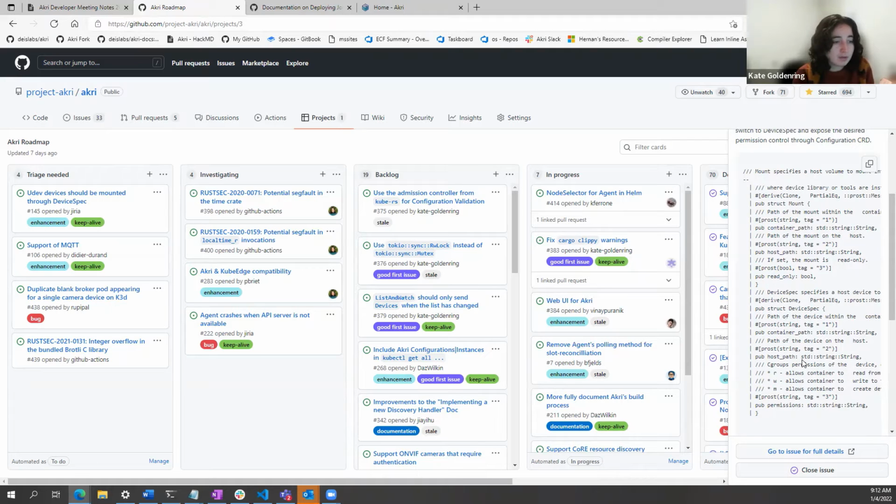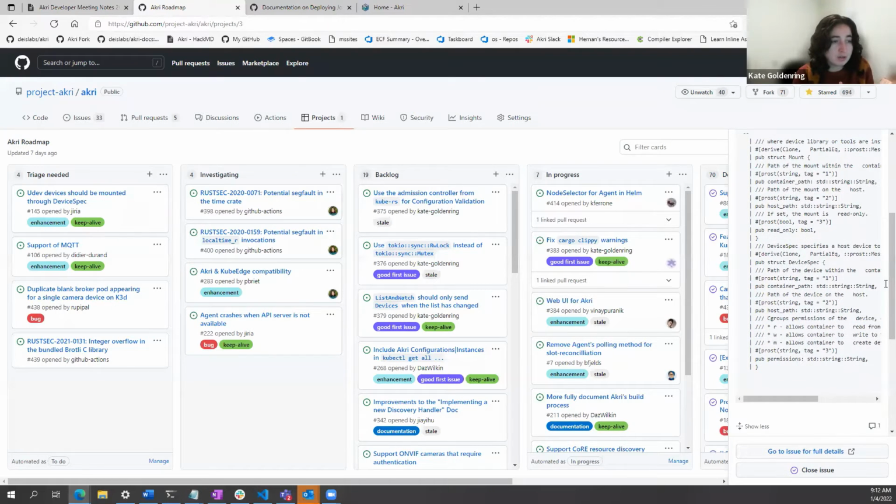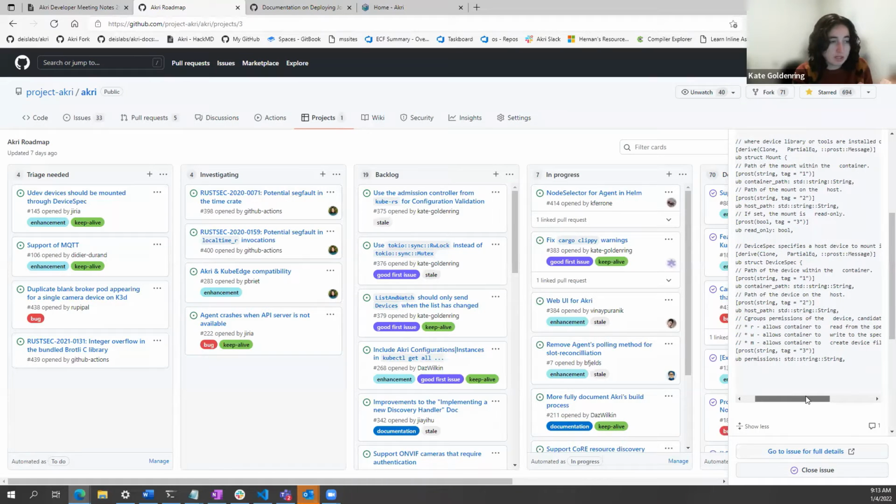For device spec, you have a little bit more that you can specify. You still specify the container path and host path, but you can also specify permissions. Say you had some permissions set on the host for the device, you might want to carry those over. It's just more explicit than read-only.